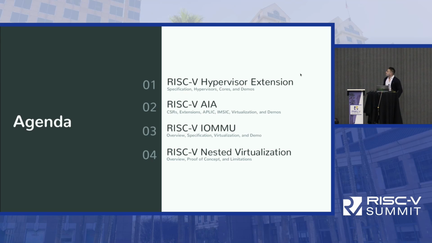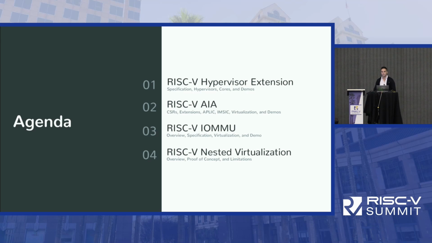This is the agenda for today. It will be split in 4 big parts, or 4 big topics. The first one is we will overview the RISC-V hypervisor extension, which is the extension to the privileged architecture to support hardware virtualization. I will cover the specification, the different hypervisors, the different cores, open source and commercial, that